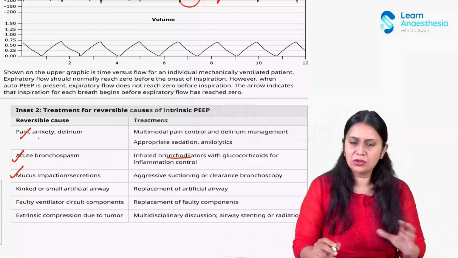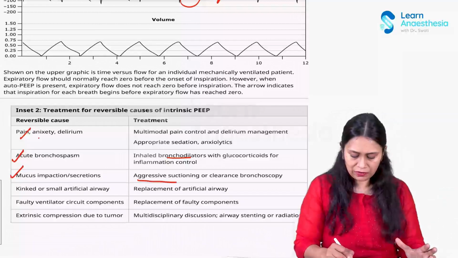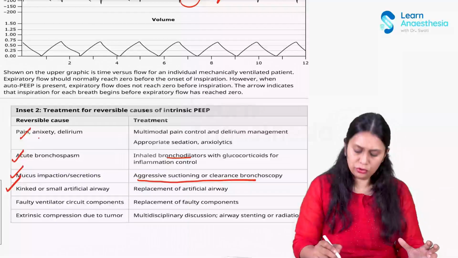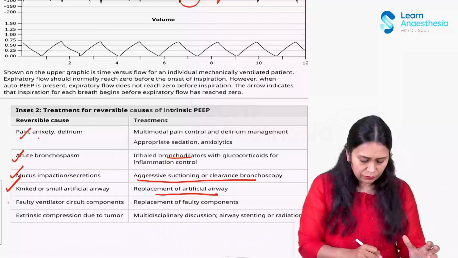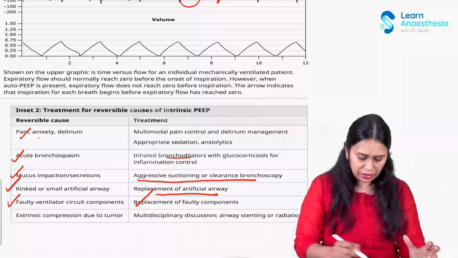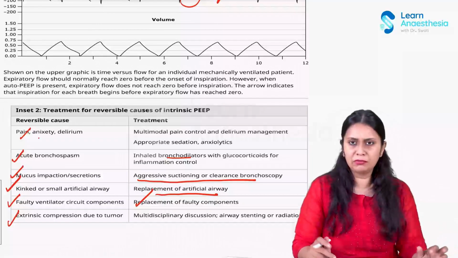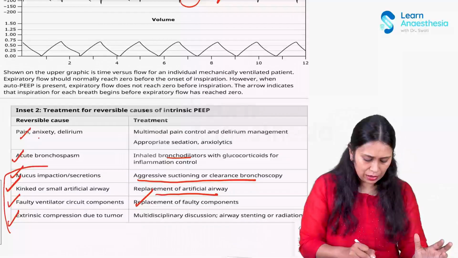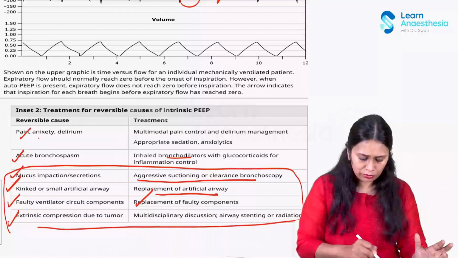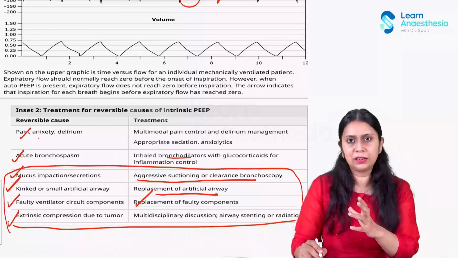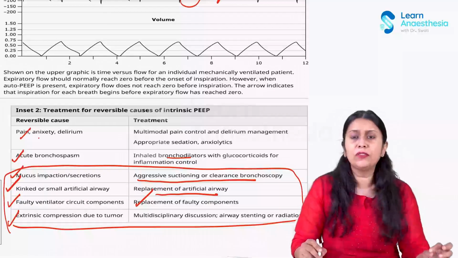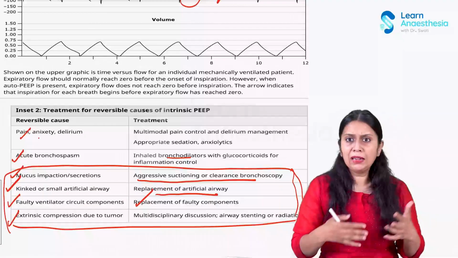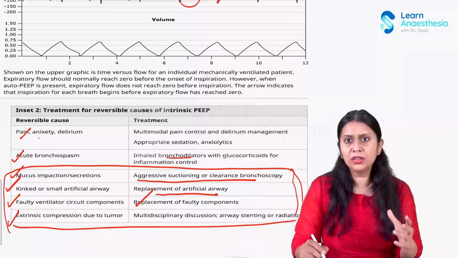Then if mucus impaction or secretions are there, and obstruction is happening, then aggressive suctioning or bronchoscopic clearance should be done. Kinked or small artificial airway, we should change the artificial airway. Faulty ventilator circuit component, we should replace it. And extrinsic compression due to tumor, we should manage with discussion with the multidisciplinary units. So you can see these last four causes are not due to lung disease. The airflow limitation is not because of lung disease, it is because of obstruction. So these are technically reversible, and we should rule out these things before managing the intrinsic PEEP